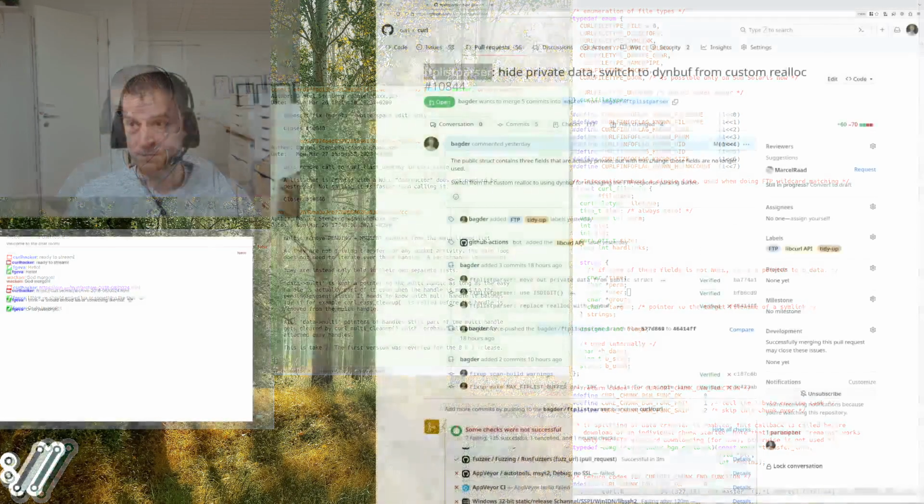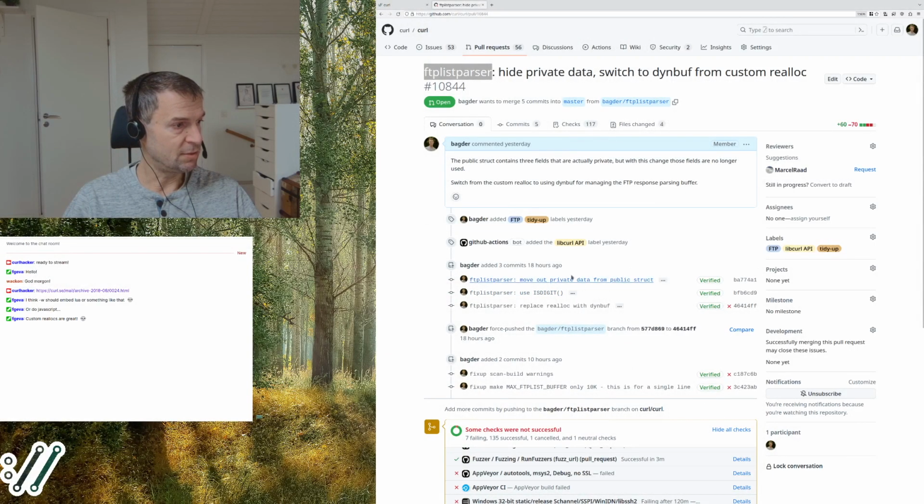So therefore I did that first change to move out the private struct fields from that data. I then made a general change to the parser so that I changed a bunch of comparisons to instead use the ISDIGIT macro.